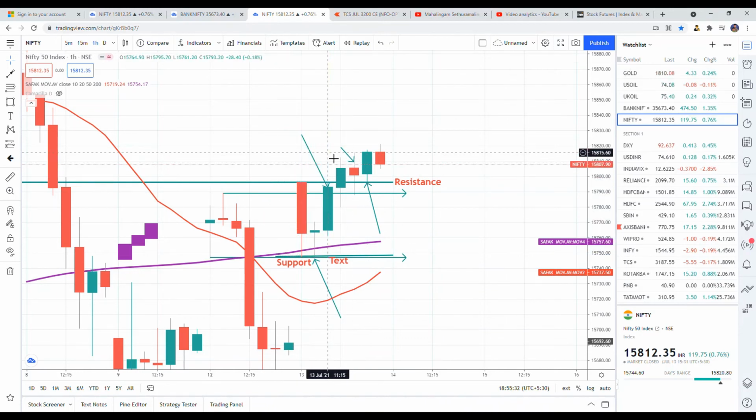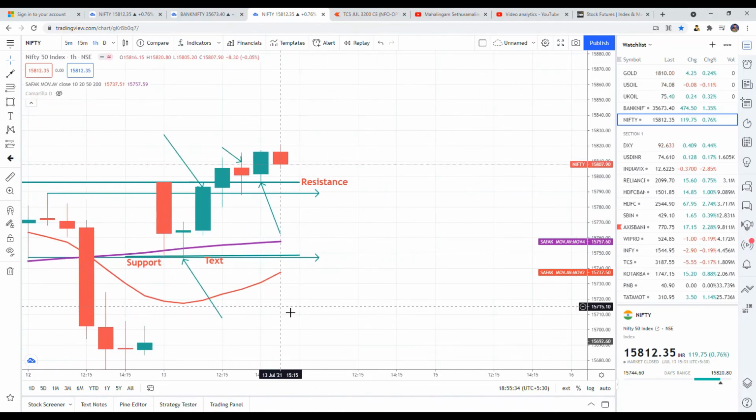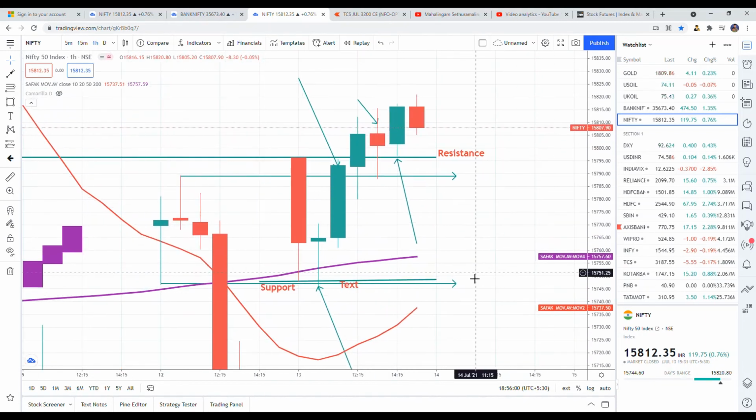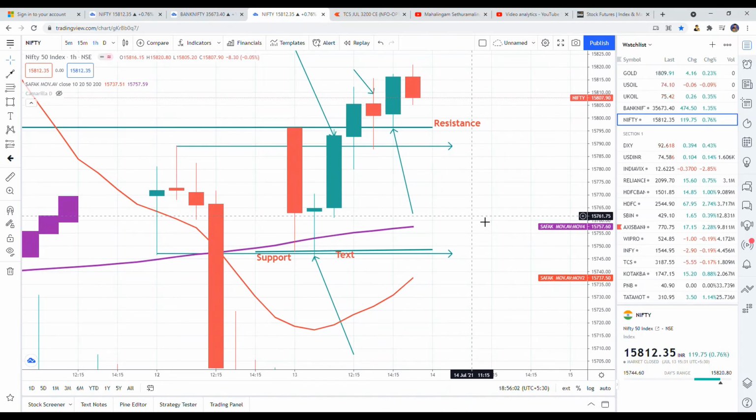Why? See, if you see any red candle, any green candle, do not take a decision. That is what the great people always used to tell, that the market is the right place to exchange money from the impatient to the patient. So patience is very much required. If you are patient, wait for the setup and then you can do the trade.